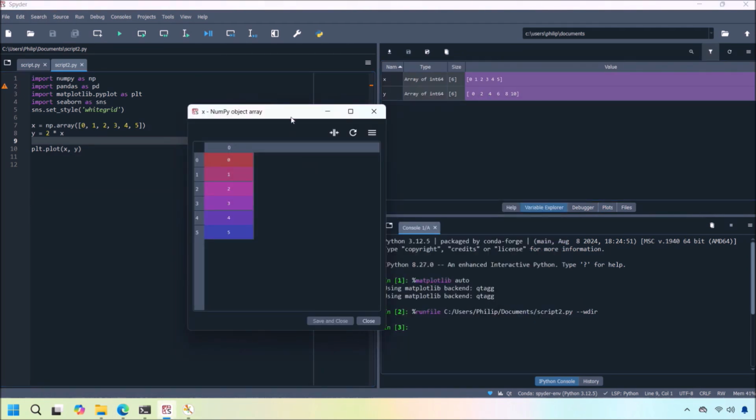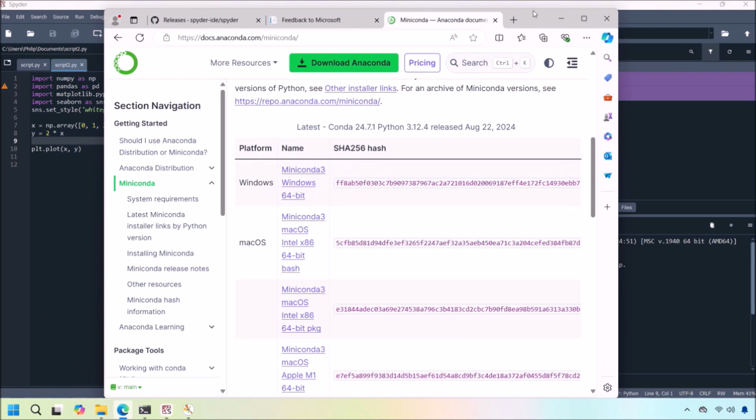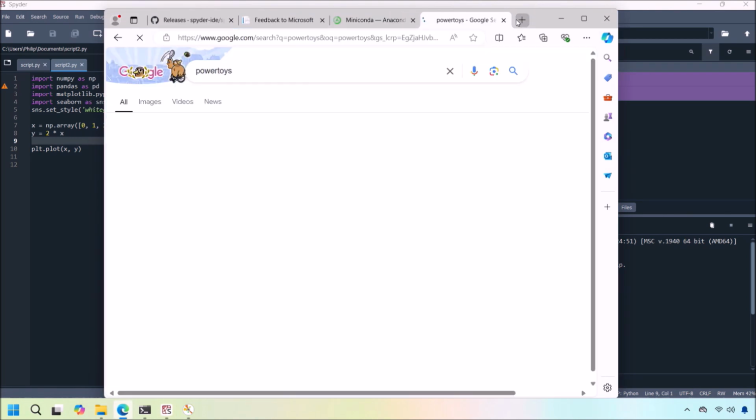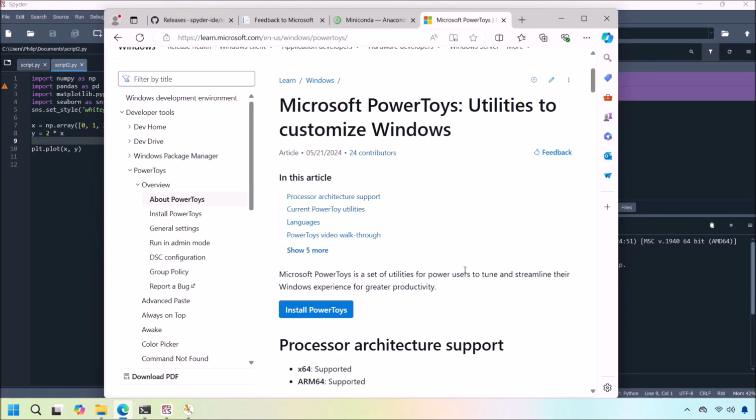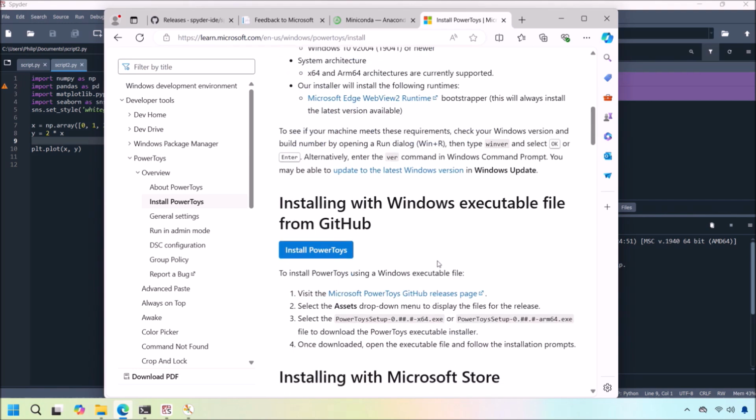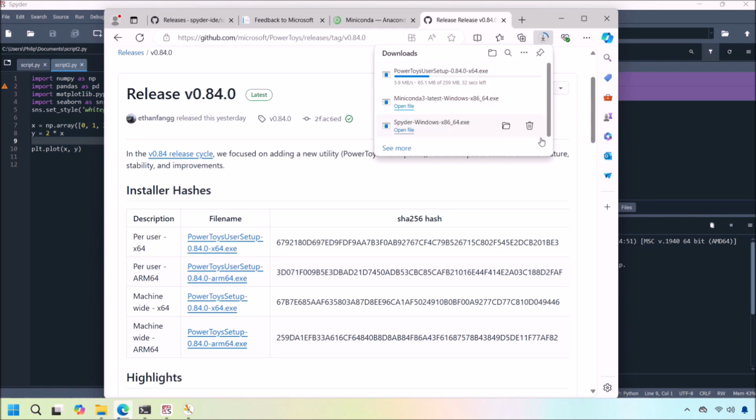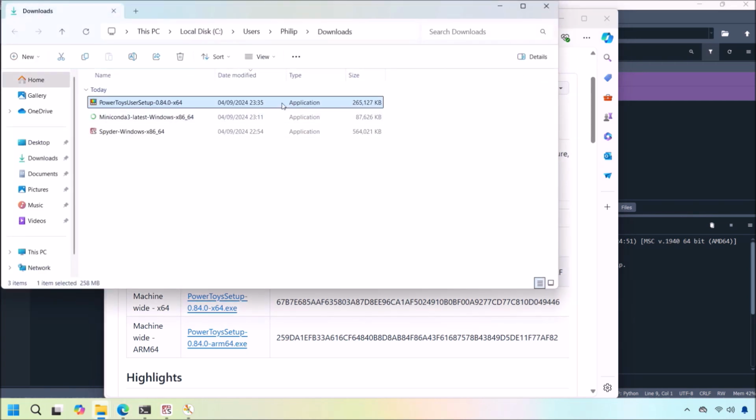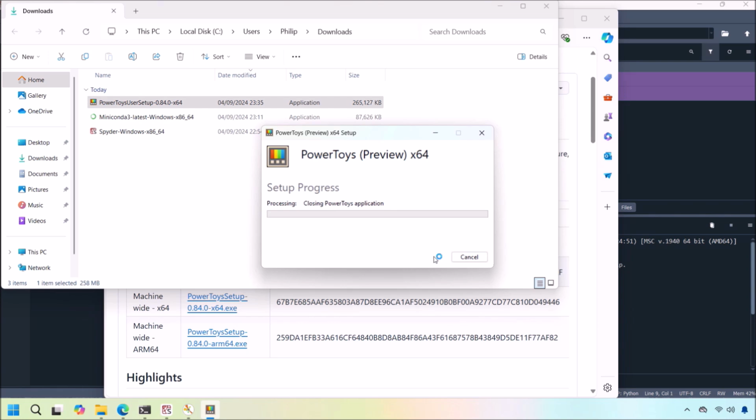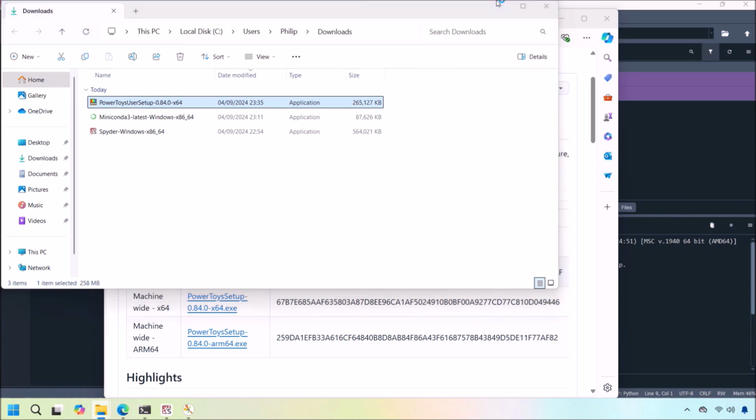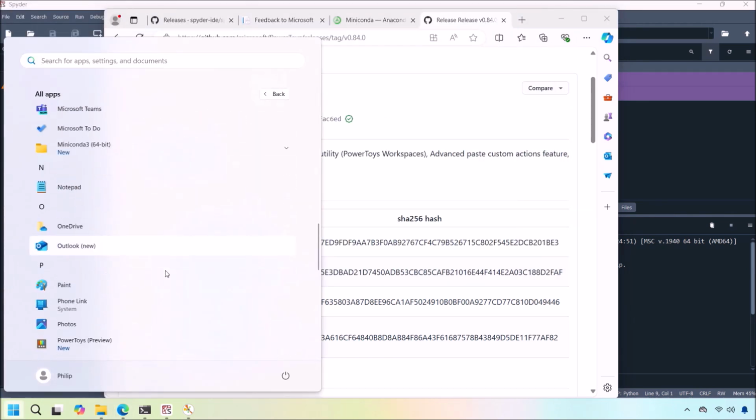So one kind of annoyance is that when you open something from the Variable Explorer, it opens on top. And when you open up a plot, it displays in a separate window. And when you click on something else in Spyder, this window goes behind. So what we can do is install PowerToys. And if we just go ahead and install PowerToys, PowerToys gives us the option to essentially put a window on